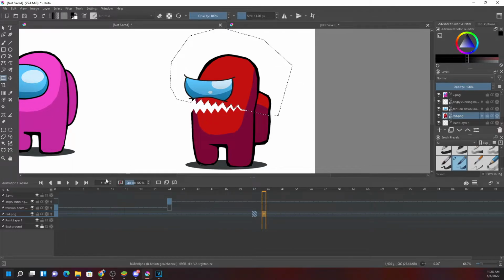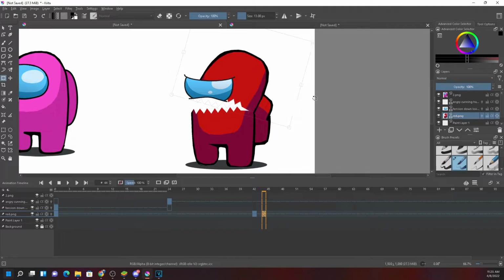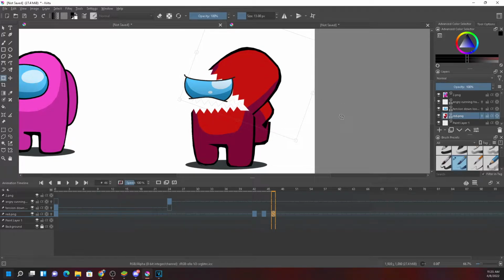44th frame. You can see the frame is over here, and clicking on it, and placing this point over here, this point over here, and moving like this, and going to the next leaving one frame, pointing it over here like this.